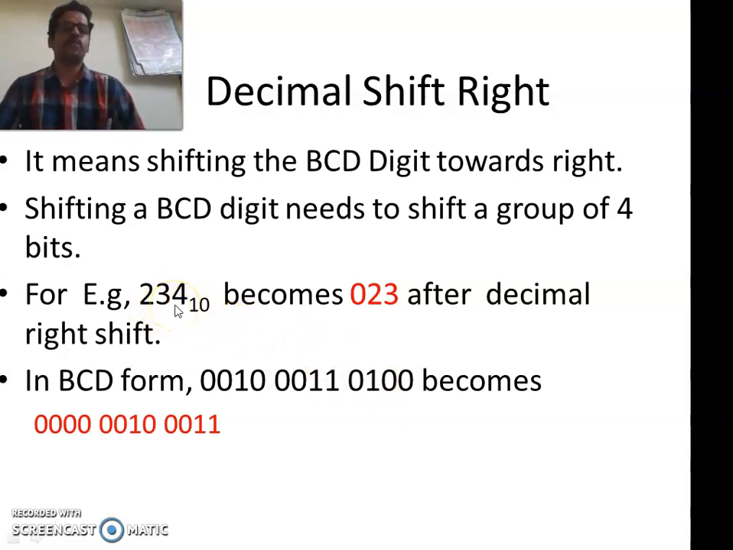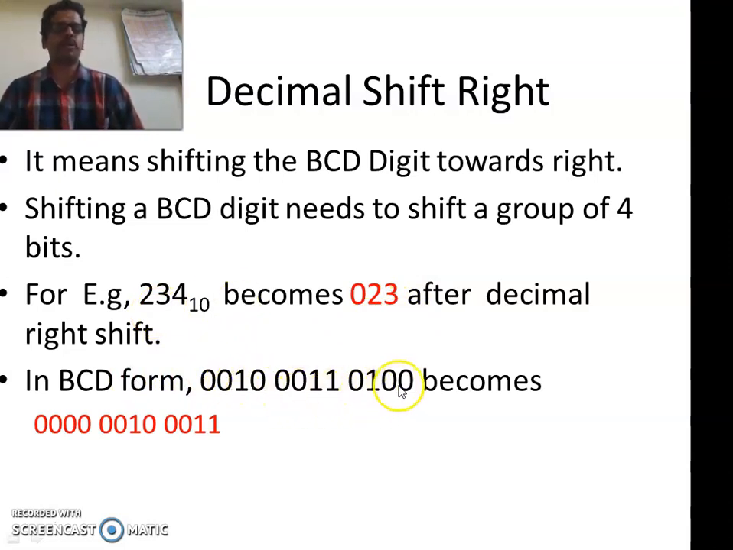234, while performing a decimal shift right, the rightmost digit 4 would be lost and we'll be adding 0 into the leftmost digit position. Then we'll be getting 023 after decimal shift right. We are trying to replicate the same in binary coded form. 234 is represented as 0010,